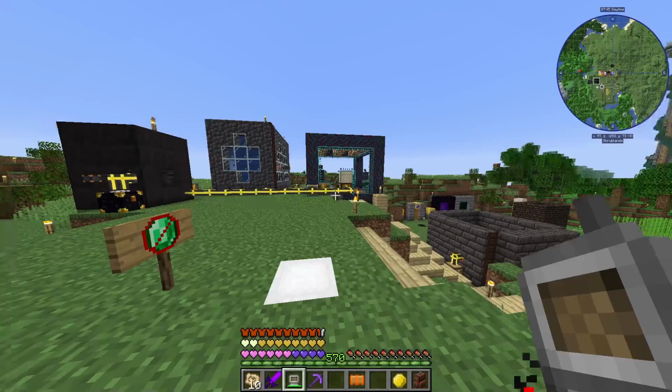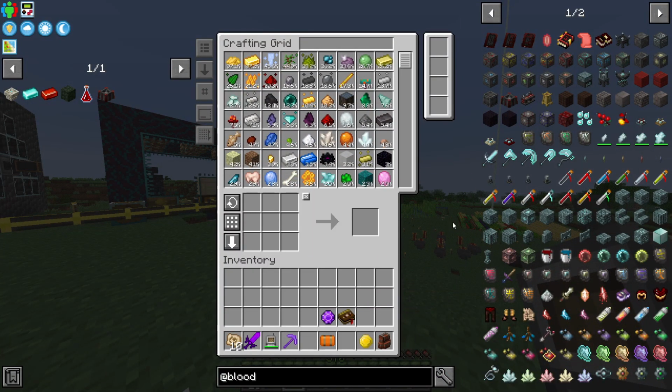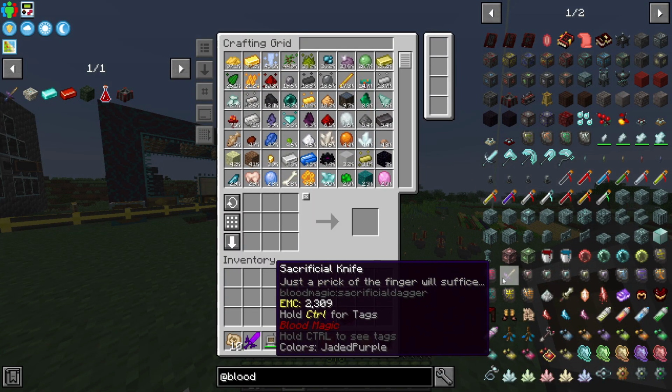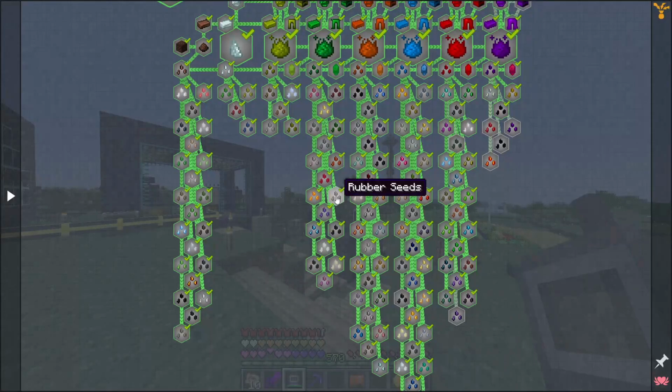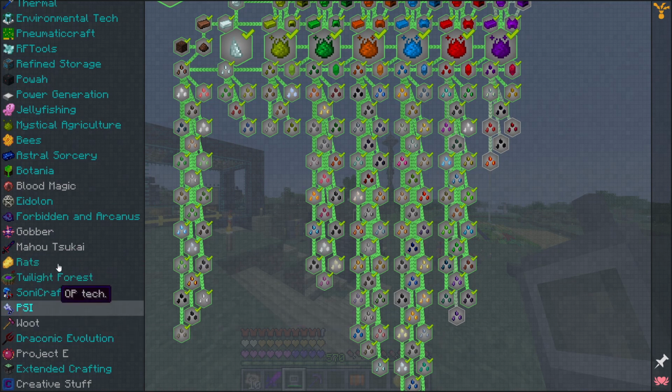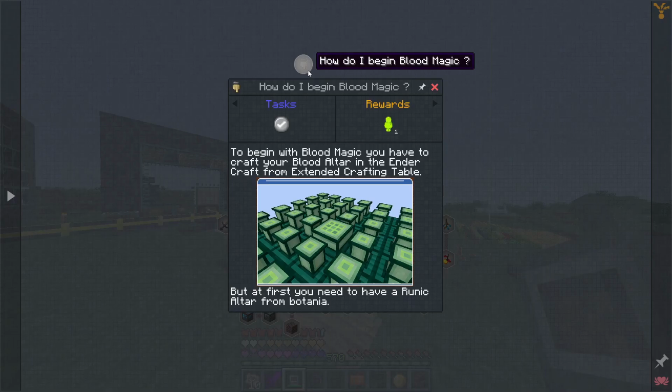We've already got the ender crafting stuff set up. We are also going to need this guy right here, our sacrificial knife. Matter of fact, we can probably go ahead and already make that. That's taken care of. That is not a quest, but the quests are kind of weird here. It wants us to make the blood altar, and then it goes to the sacrificial knife, which doesn't make a